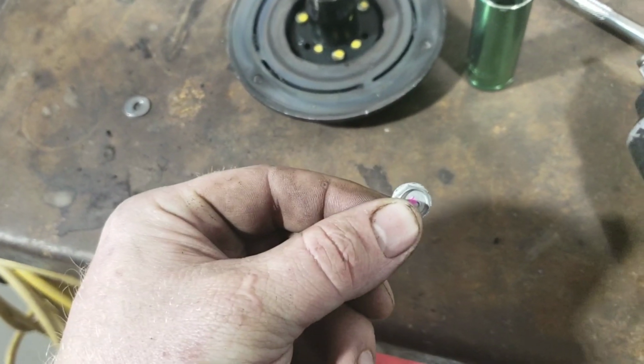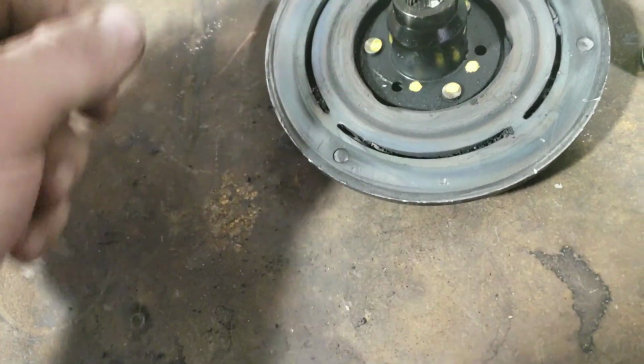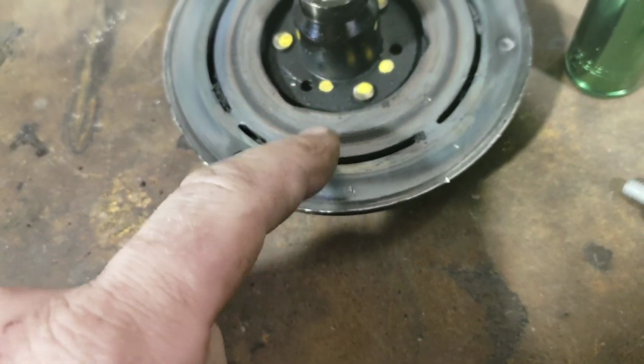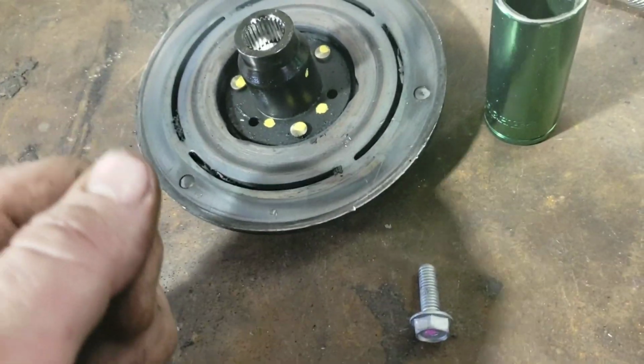Okay, this is the bolt that holds the center in, and then here's the little shims that shim your clutch face out. They go in the center here. And if you look, this is all tore up all the way around where this thing has been collapsed. Pull the bolt out, put some screwdrivers behind it, kind of finagle it off, pull it off,